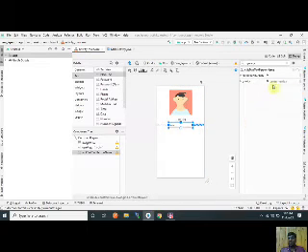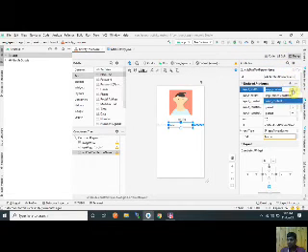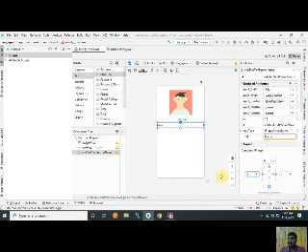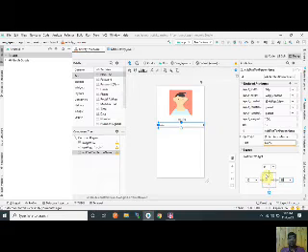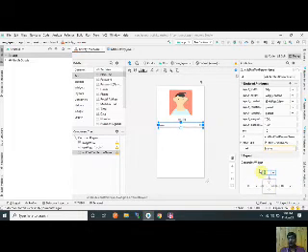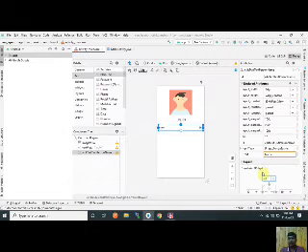Now change the width to match parent and height to wrap content, and give the size 10 from the left of the screen, and 10 from the right side of the screen, and 20 from the login. Okay. Now the name is present.